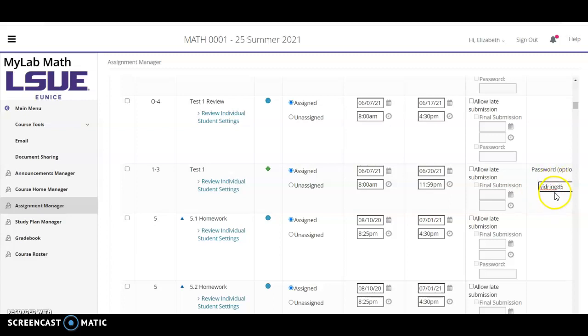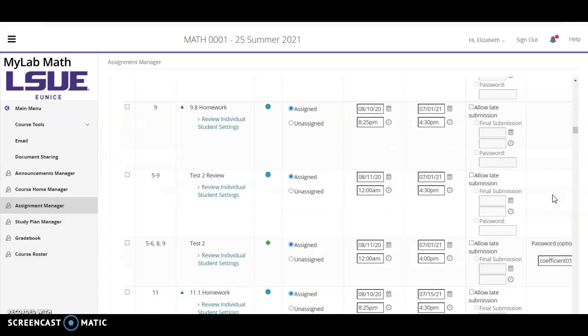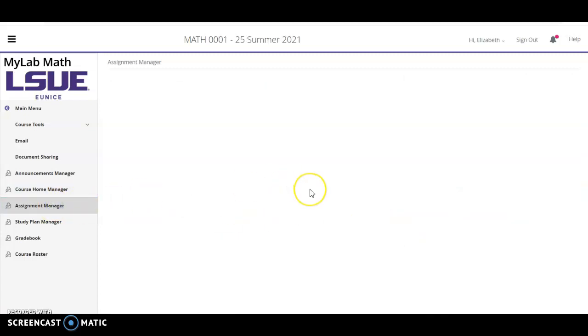You want to make sure that there is a password listed for the test so the students cannot access it without that password. That's where the proctor service comes in. Okay, so this is where your assignment settings are. Okay, so if I go back to the assignment manager